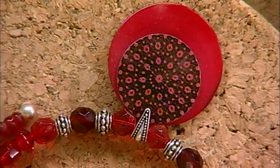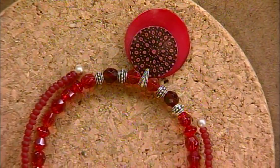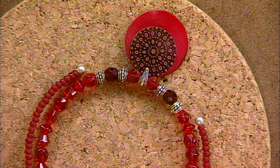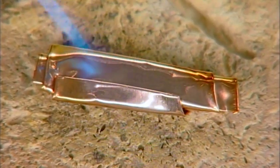If you take a look at the choker that I have here, you'll see that I've just layered two pendants together. And the top one, I simply colored the white areas red to match my slice of tagua nut there and my red beads. Now coming up next, designer Kate Richbourg shows how to create color and patina on metal